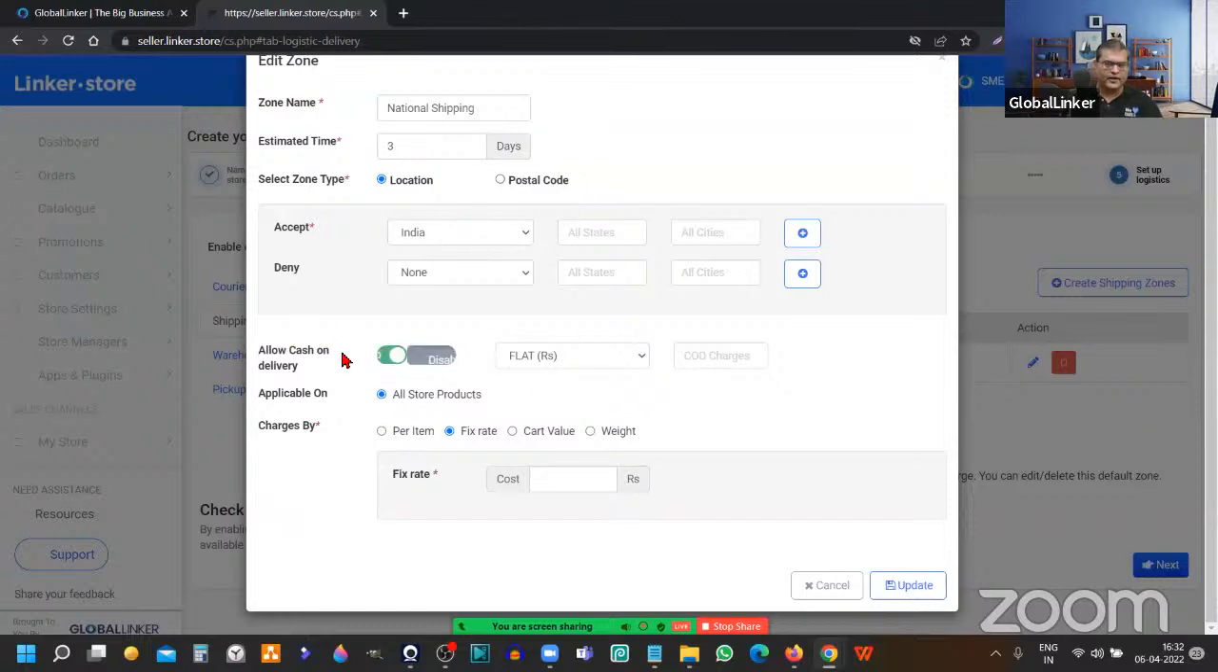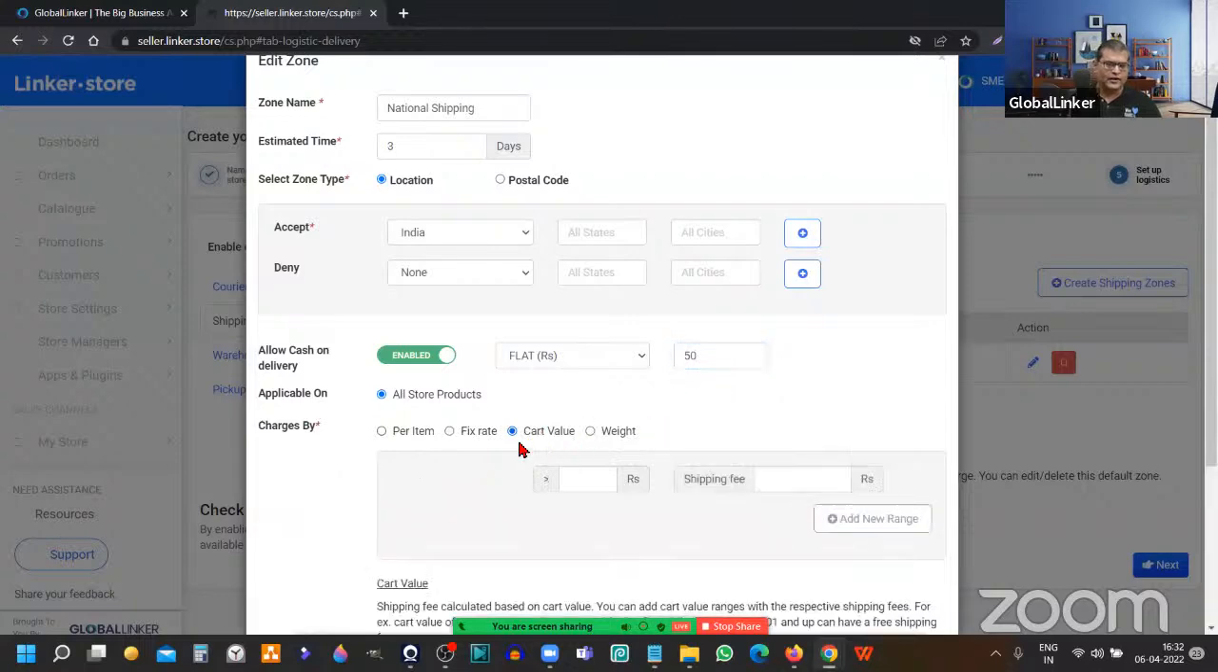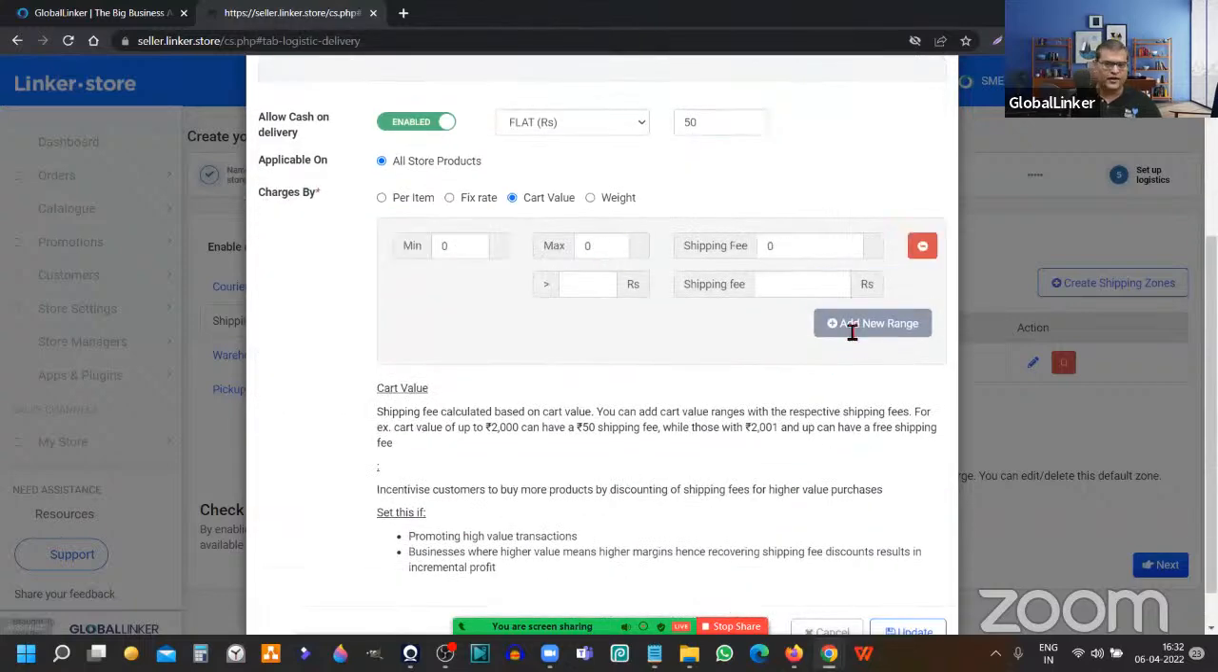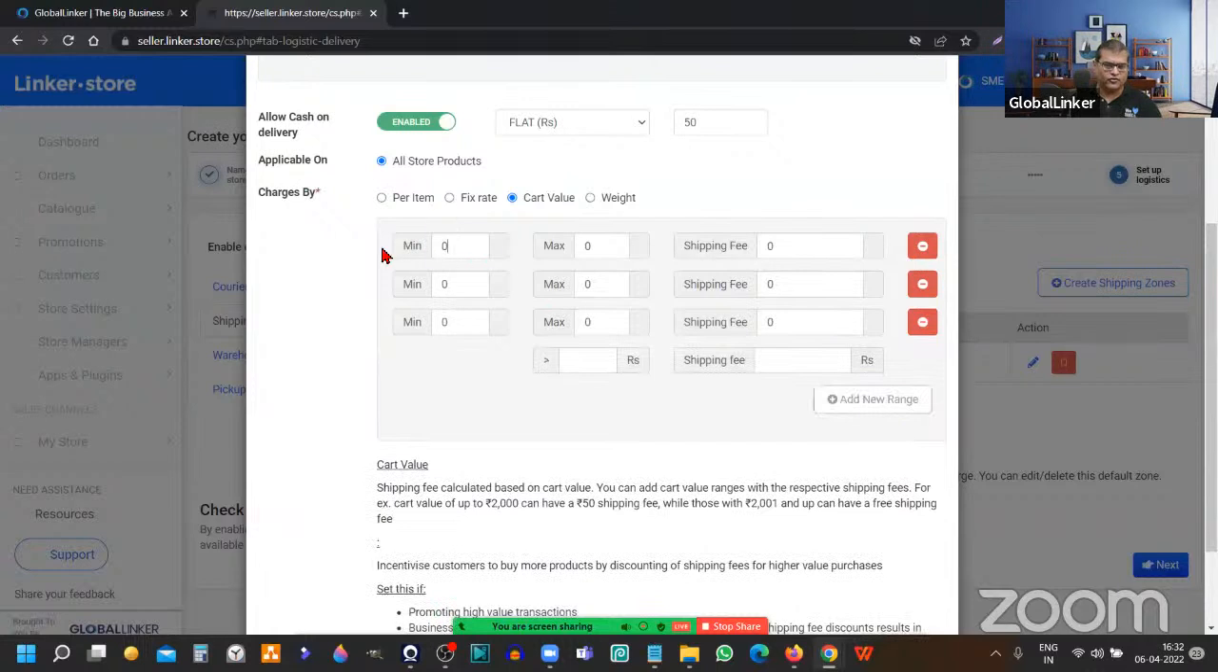Then we will activate cash on delivery here, and we can specify how much should be the cash on delivery charge. So let's say 50 rupees per order. I want cash on delivery charge to be taken from the customer, and then I can define the different rates. So I'll choose the cart-wise method because that allows me to charge delivery fee from the customers where I don't have enough margin, and where I have enough margin, I can subsidize that as well. So I'll just create few slabs, and then